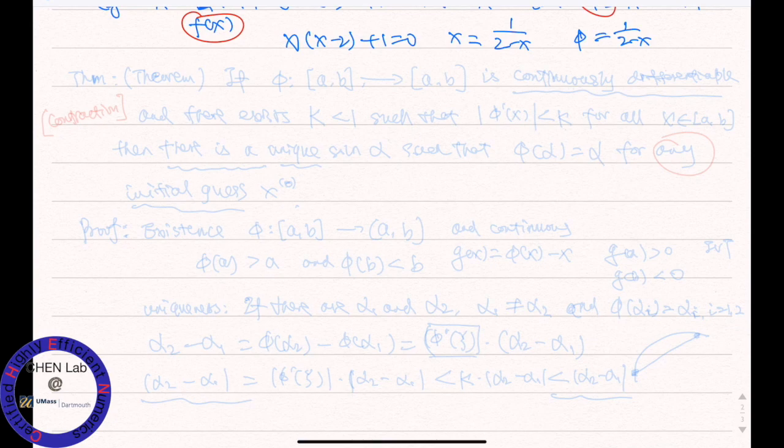Let's talk about a very important theorem. THM means theorem. All right. If this phi is a function from A to B to A to B, right? If that's the case, phi is a function. This is the way you write your domain and range. Phi goes from the domain A to B. The range is also A to B, right? If this function is continuously differentiable,